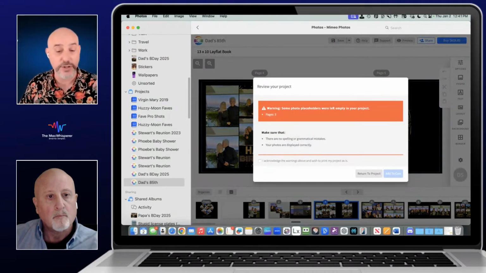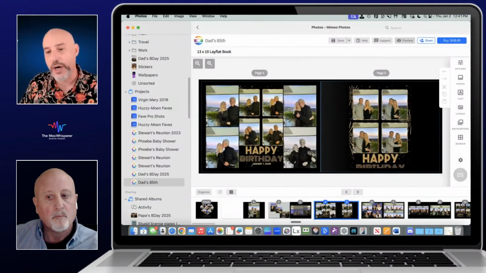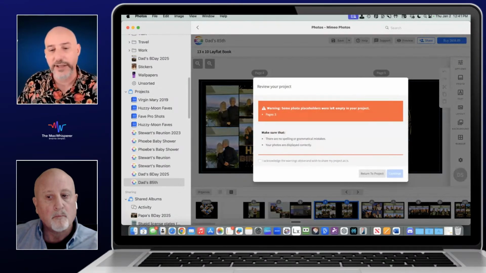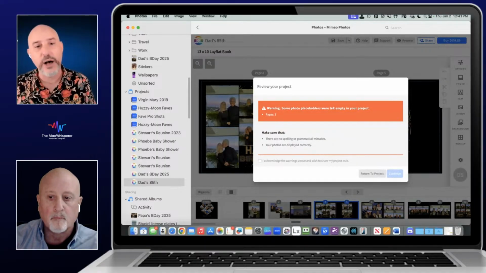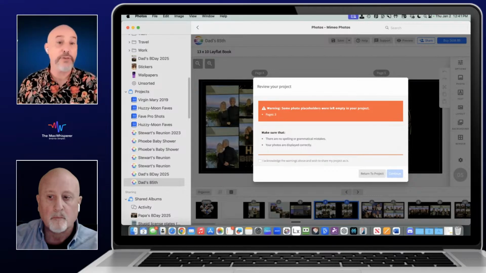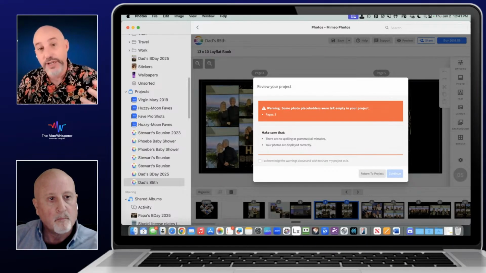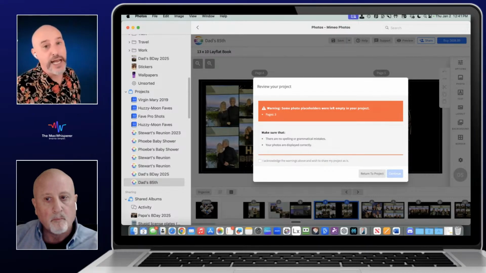any warnings if there are photo placeholders or empty text. You can say never mind and go ahead and add it to the cart anyway. Also, under the share button here, you can send out a link directly to this album, which other people can purchase. So if you make this great photo book for your family reunion, you don't have to buy copies for everyone. You can create it, send them a link, and then they can purchase it themselves or download it themselves